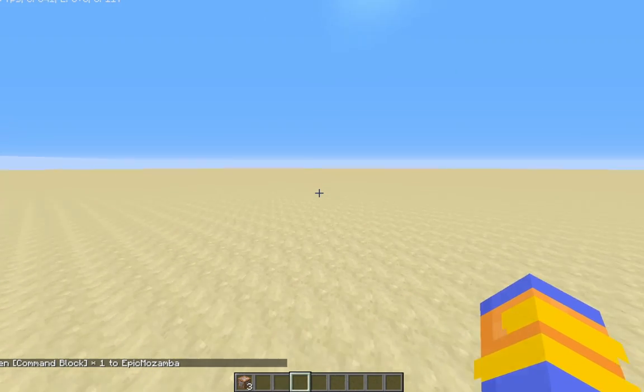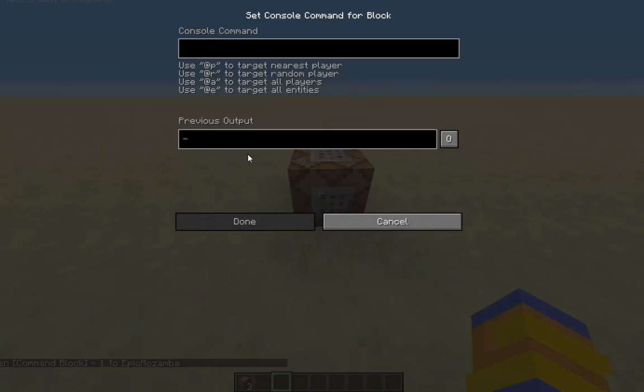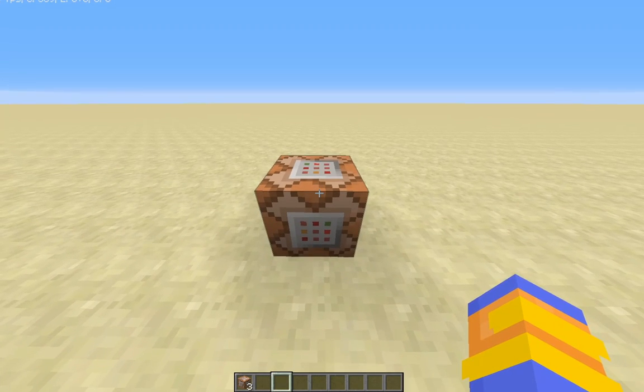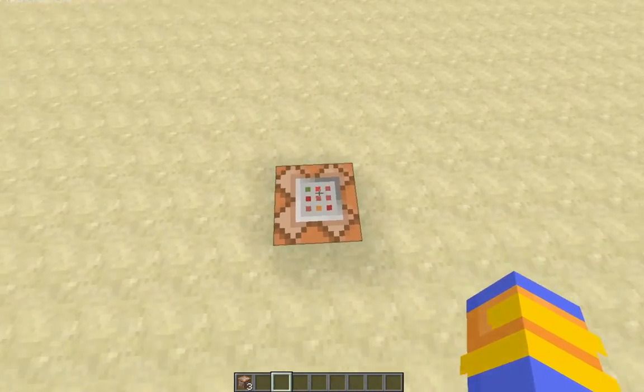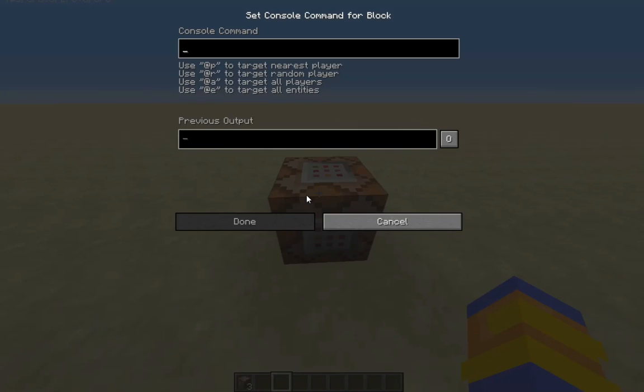Now, using command blocks is not too complicated. Basically, you place it down, and if you're in creative mode, you can right click it. If you're on a server, you're going to need to have op commands, like admin permissions, in order to use command blocks. You're going to need to have owner permissions in order to use command blocks, I think. Then right click it,